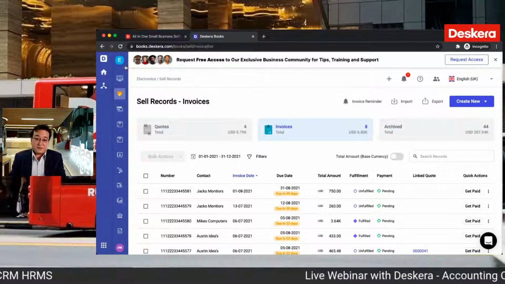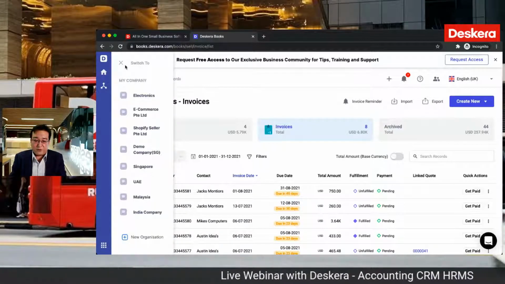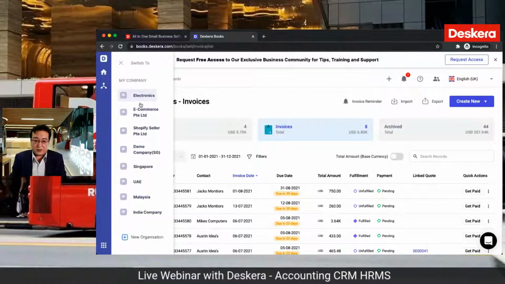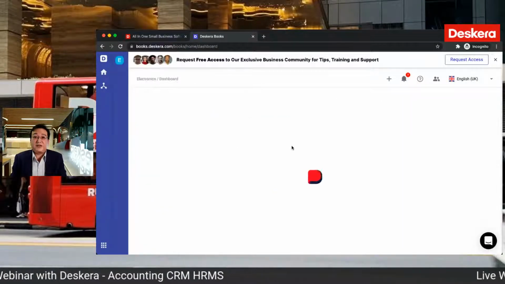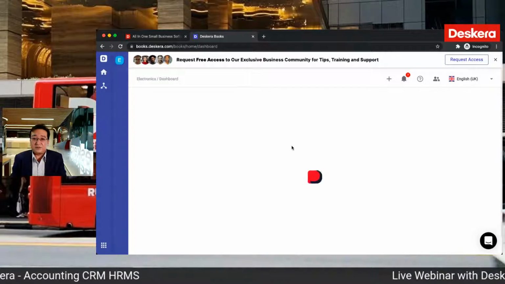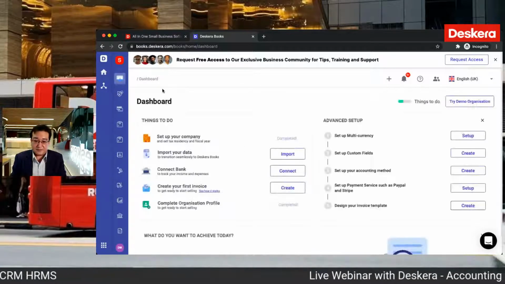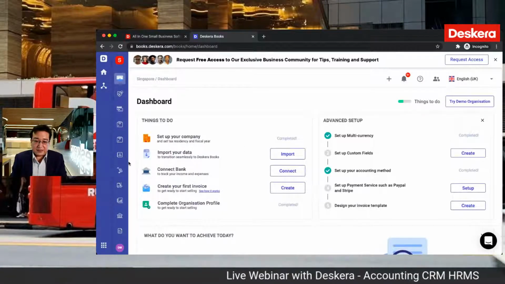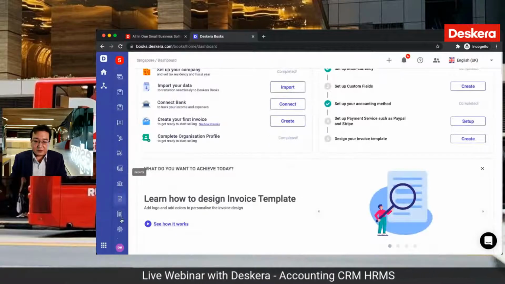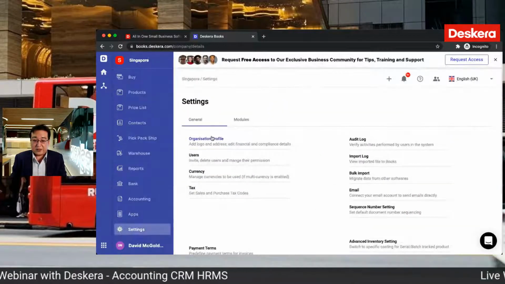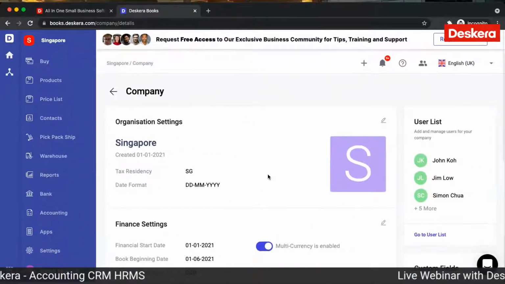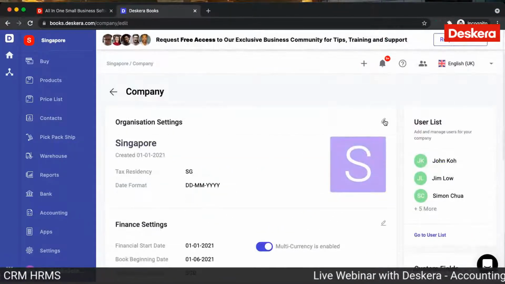So let's do a quick overview of books. So let's go to Singapore. Any specific countries? Anyone interested? Singapore's okay? So inside here, based upon your different countries, we have, of course, our settings. Organization profile. And inside here, if I edit it,